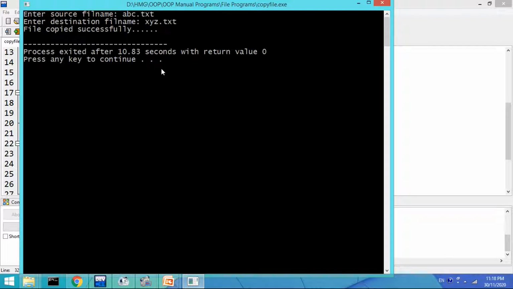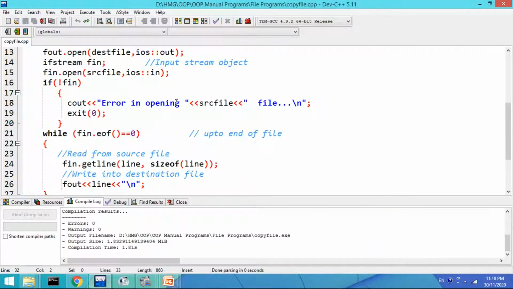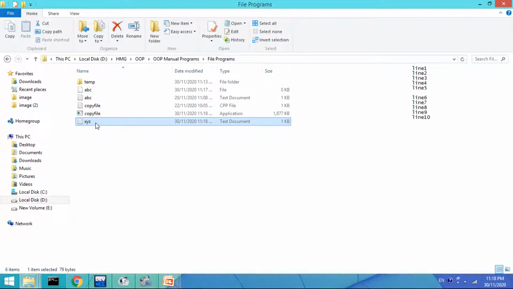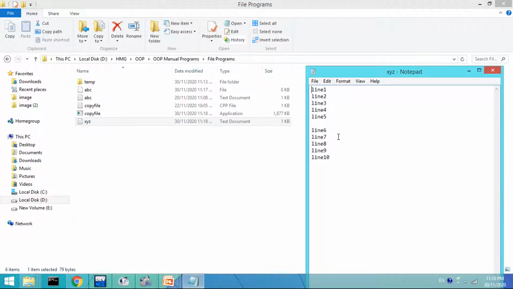As I already showed you, abc.txt exists in my folder, so the file is copied successfully as xyz.txt. Let us check whether the xyz.txt file is created in the folder. Yes, this is xyz.txt. You can see the contents, line 1 to line 10. I will show you the contents of abc also.